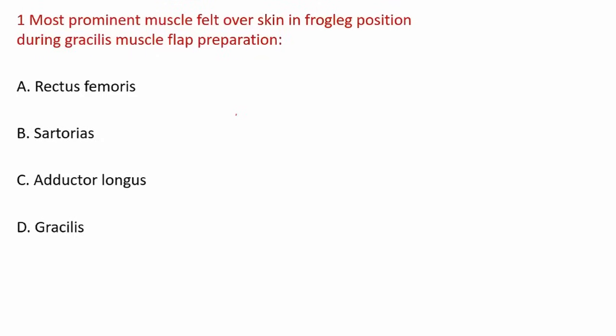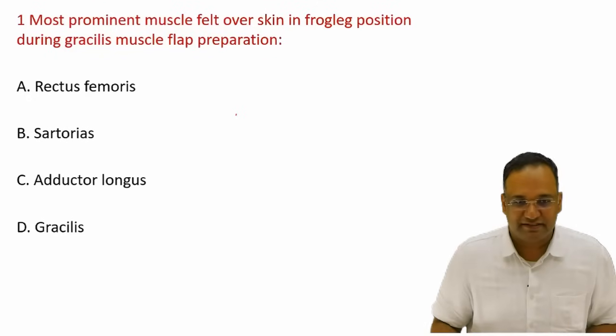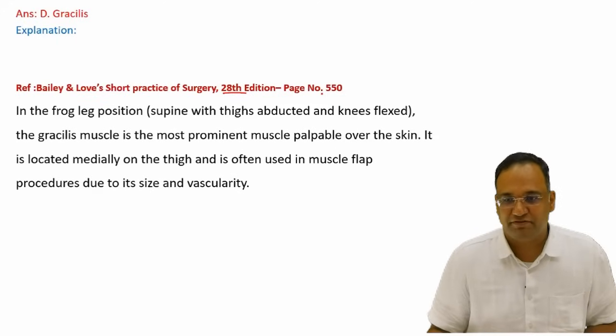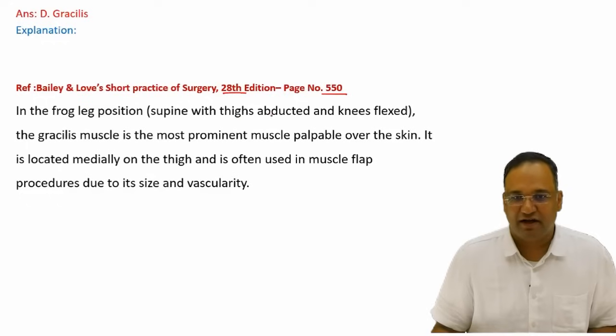So over the skin of the frog leg position, the answer is gracilis muscle itself. Gracilis muscle is used for the flaps as in Bailey and Love 28th edition, page number 550. In the frog leg position, supine with thighs abducted and knees flexed, the gracilis muscle is the most prominent muscle palpable over the skin. It is located medially on the thigh and is often used for the muscle flap procedures due to its size